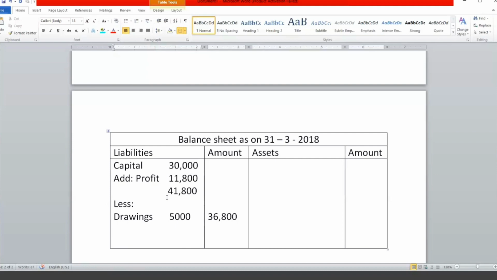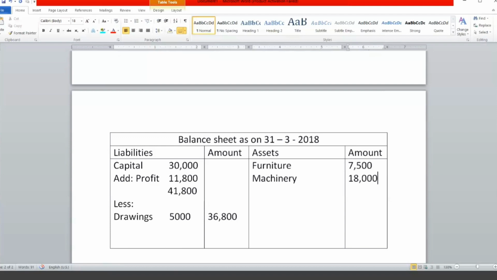We started with capital. Let us check with the fixed assets. What are the fixed assets we have? In order also we can go, no issues. Fixed assets, furniture is there. What is the amount of furniture? 7,500. Next, after furniture, I don't think so. Is there any other machinery? Machinery is there. How much? 18,000. Machinery is 18,000.